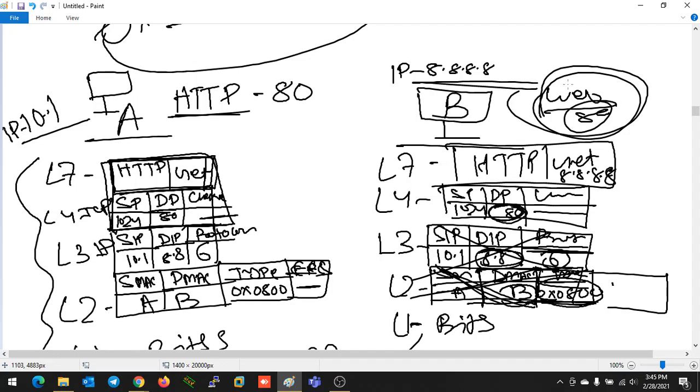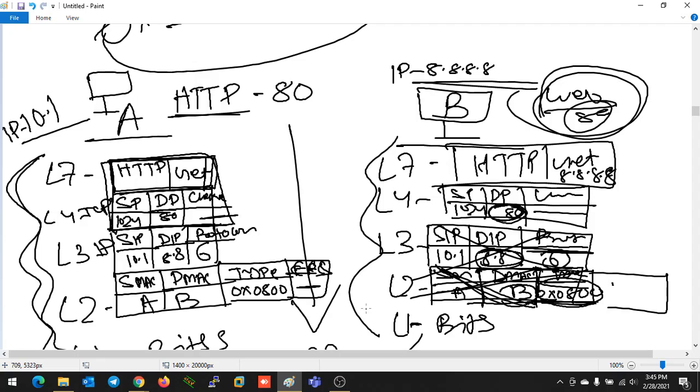If you are going to type www.google.com or any web page you are going to request, this whole process happens. While you are entering the address, this encapsulation process is performed by your device, and this decapsulation process is processed by the other end device. Encapsulation will be in this direction and decapsulation will be in the other direction. All these things are going to happen continuously. So continuously, if you are trying to access web pages, these things are happening.